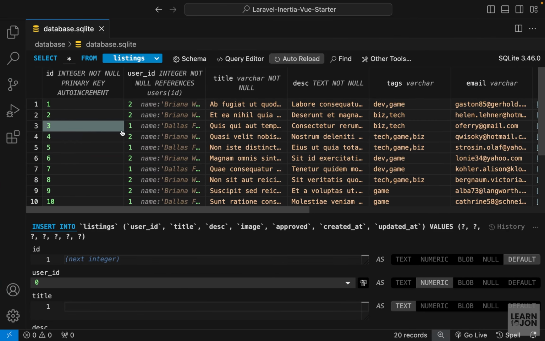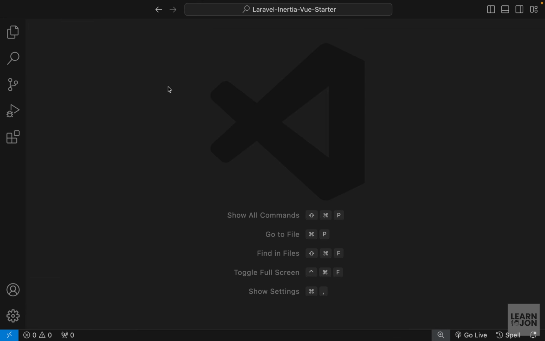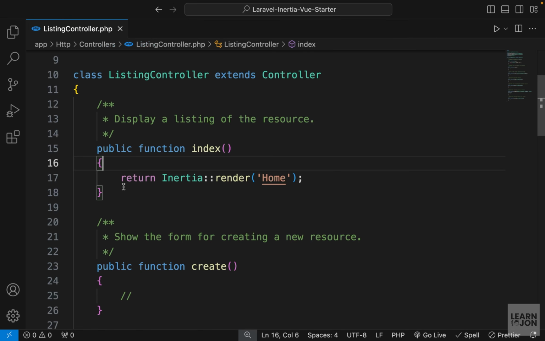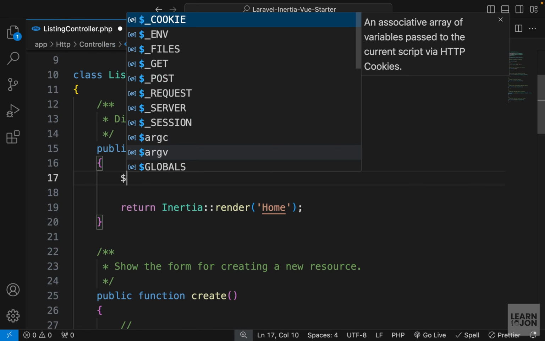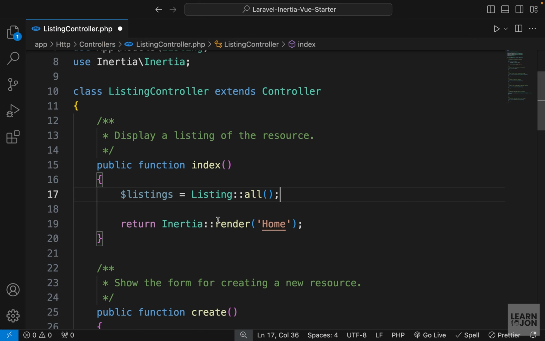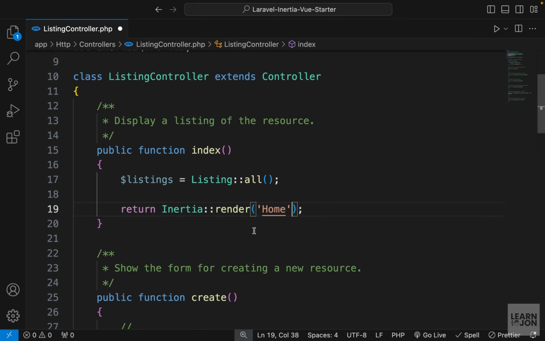Alright, so in the previous video, we prepared our listing model and we created 20 instances and 2 users. And now we want to show them on the home page. Let's open our listing controller, and right here, we are rendering the home page. We want to create a listings variable, and for the start, I will just set this to Listing::all. So very simple. We are just grabbing all the listings and we want to send them to the home component